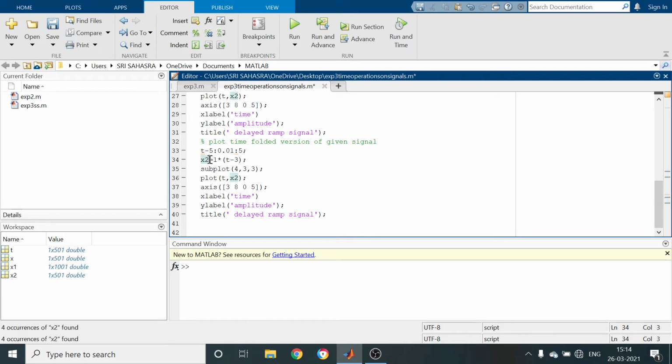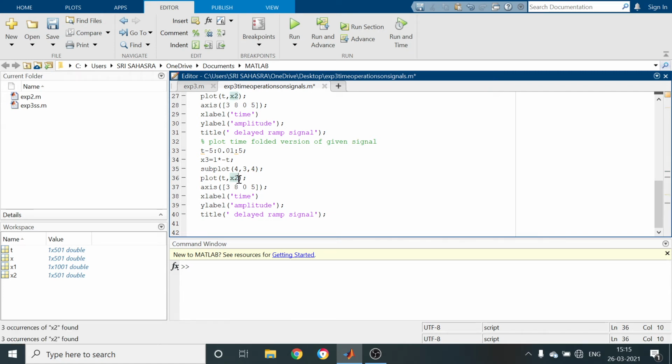I am going to assign folded version to x3 variable. So here I am going to write x3 equal to 1 star minus t. So the folded version of a given signal can be obtained by folding the signal about t equal to 0 axis. That is, simply we have to replace t by minus t. So next, in order to plot that one, we have to use subplot command before plot command, that is 4, 3, 4, because already we used 4, 3, 3.